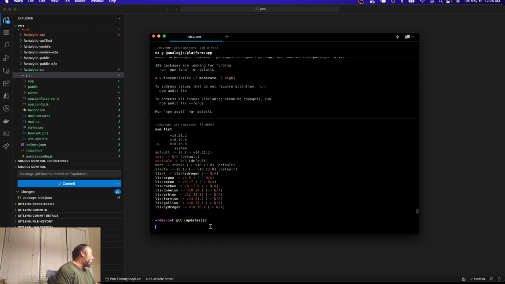And I'm currently using Node version 18. The reason I'm using 18 is because, let me first switch to 14, and I'll show you the error that I received when trying to open an Angular 16 application in Node 14. So if I do nvm use v14.21.2,